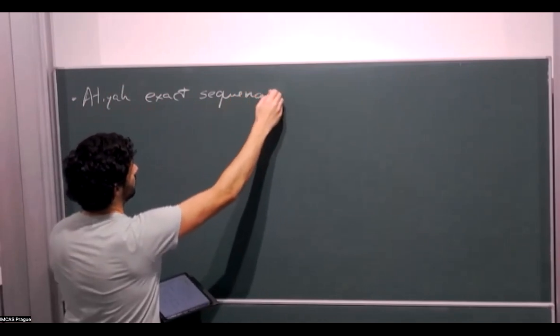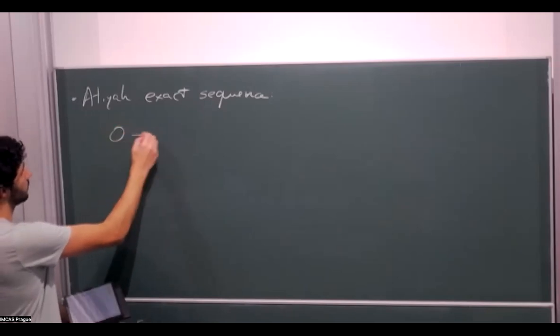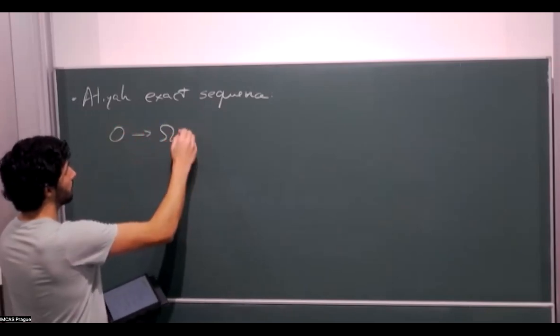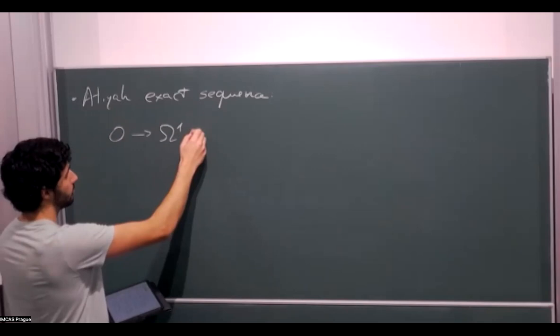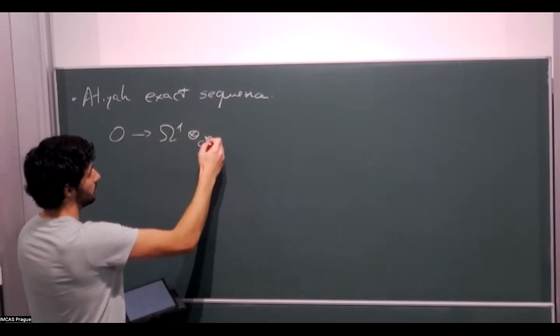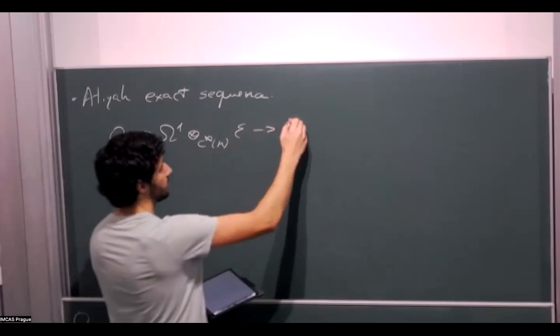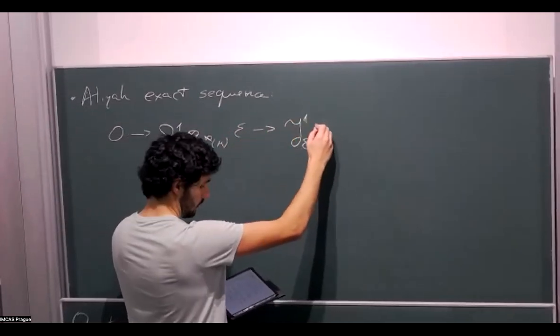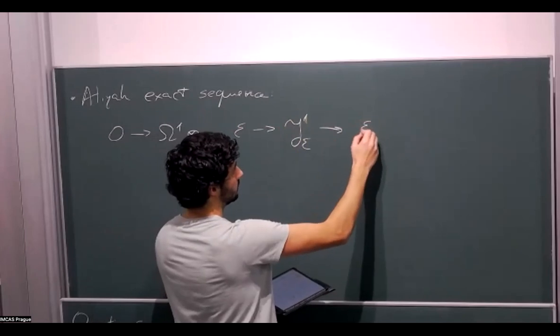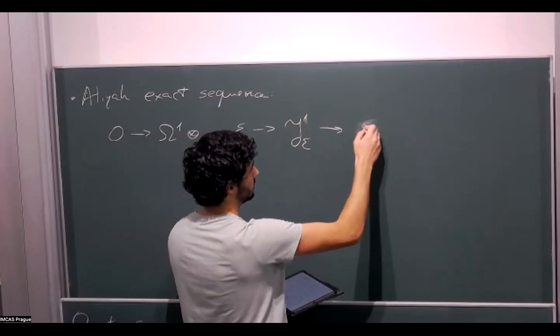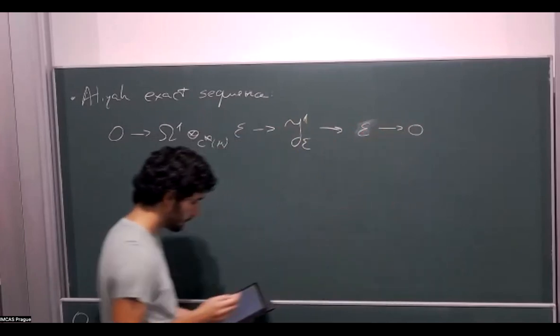This is a sequence that entails information about the first order jet, so first order derivatives. The sequence goes like this: 0 goes to Omega 1, the space of one forms, tensor over C infinity M of E, goes to the first jet bundle, goes to E itself, so the module itself, or space of sections,